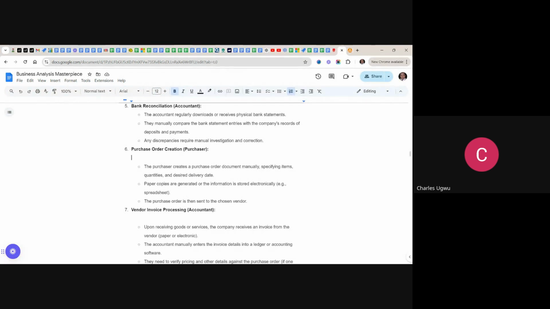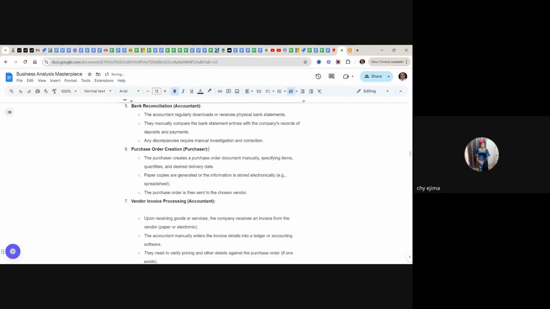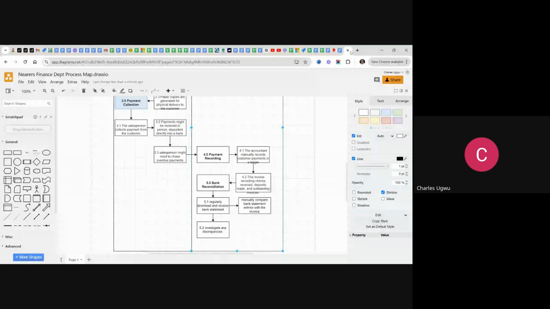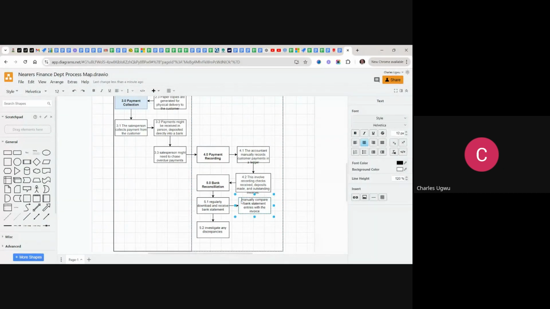What is it? Sorry, please. I think that place is... Should it not be 5.3? That's the third activity. Okay, I'm coming. So the next is purchase order. Okay, this is 5.2. I didn't add this. 5.2, and this is